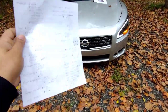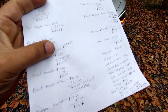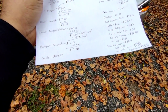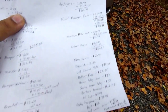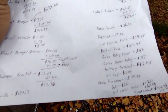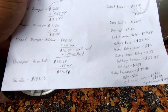I got everything just written down, but I'm going to try to keep everything concentrated by sections around the car. So bumper was $295.88, already painted to match. The grill with the black inserts was $109.13. Bumper stiffener for both sides was $40.28 plus $2.13. I had a $41 gift card, so I only ended up paying